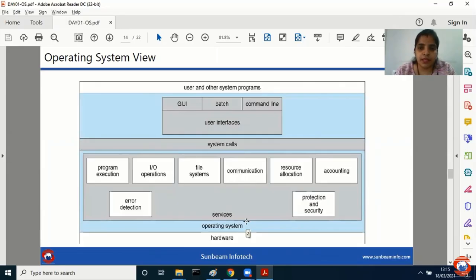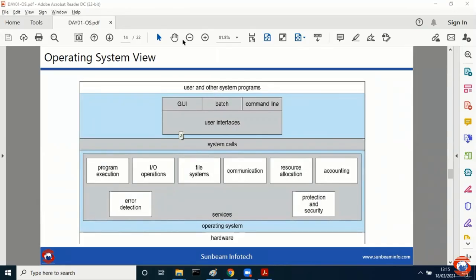Now, when I say I am using applications and different services, who is the intermediary between your user level application execution and these services? The answer is system calls. So what are the system calls? System calls are also called call gates. The reason is they help us gain all these services, right?